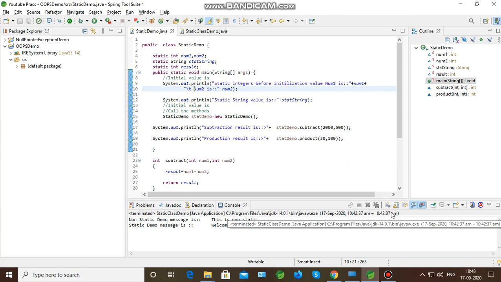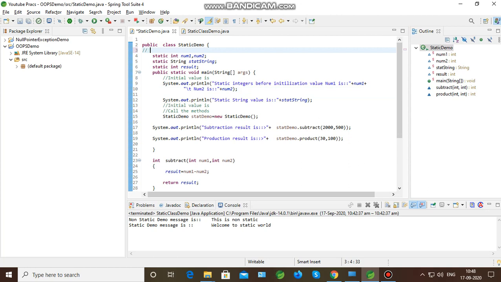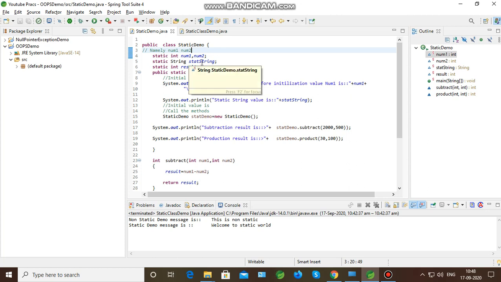As you can see on the screen, there is a StaticDemo class. In that class I have declared two variables which are static, namely num1 and num2, and there is also a static string which you can see on the screen. I have declared these at the class level as static variables. So when you declare these as static variables, memory is allocated during